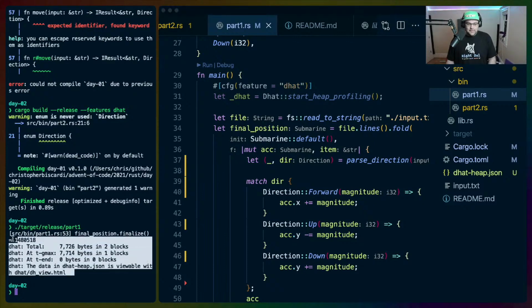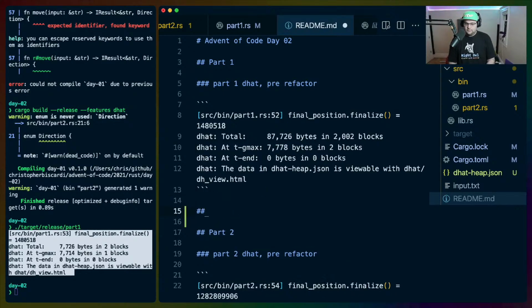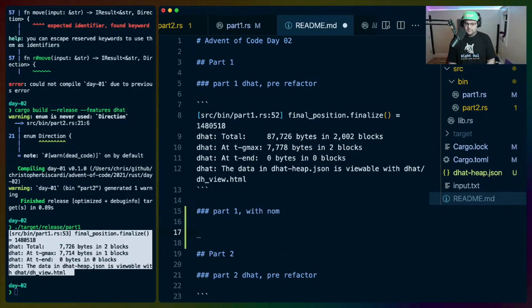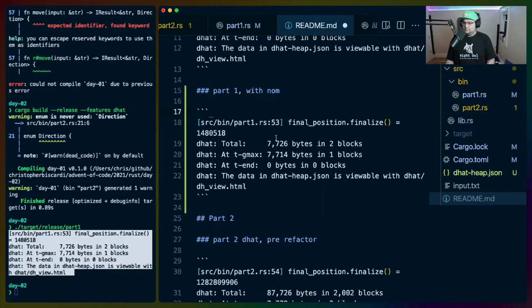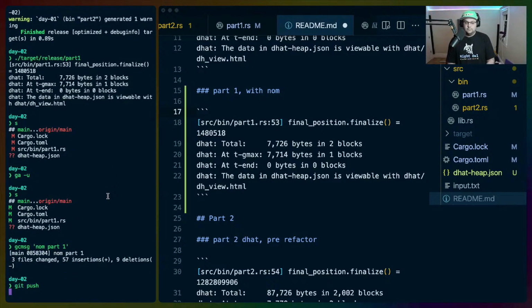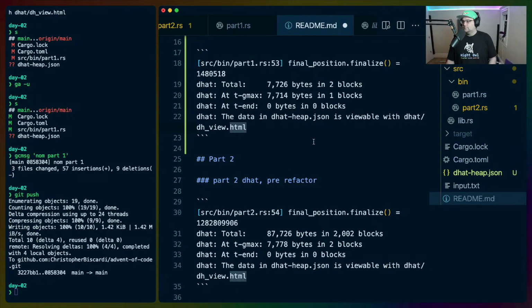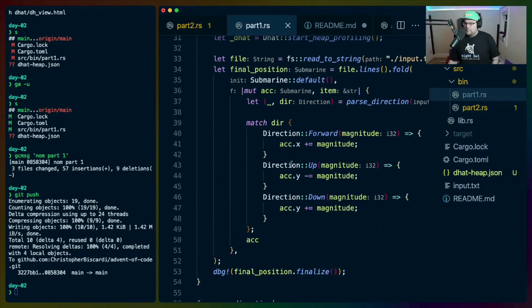Let me copy paste this into the README. Part 1 with Nom. So what else do we have here? Really the only thing... Oh, that's part 2. Really the only thing is like,